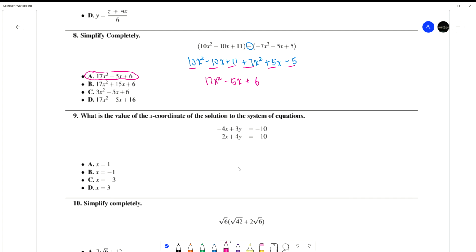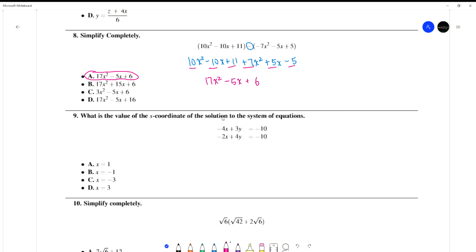All right, number 9. This is another calculator one that you can do with your TI-36X Pro. Right, so have you been practicing using the system of equations feature or the function in your calculator? I hope so. You want to be pretty comfortable with that, right? So it says, what is the x coordinate? So they want us to solve the system, but they're only asking us for the x coordinate for the solution,